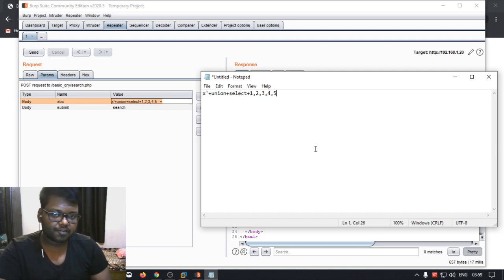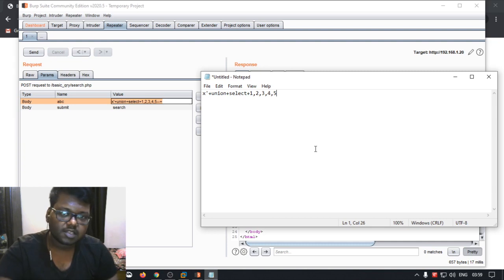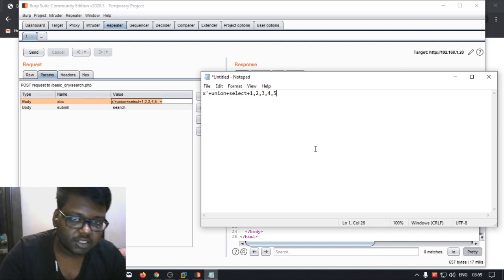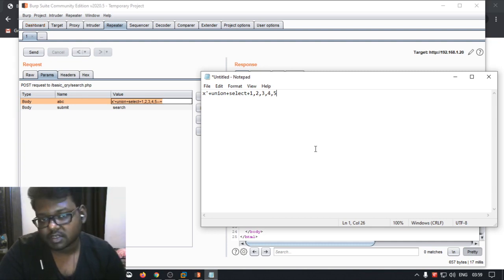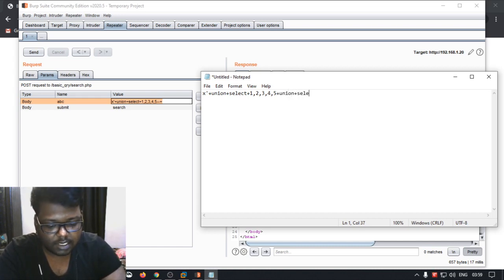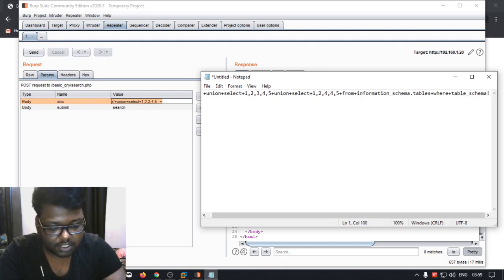So if you remember from the previous videos, the database that holds this kind of information is the information schema database. Within that we have a table called tables, which holds all the information about all the tables that exist in the SQL server. So I'm going to do the same, which is union select 1 2 3 4 5 plus from information schema dot tables, where table schema not equals